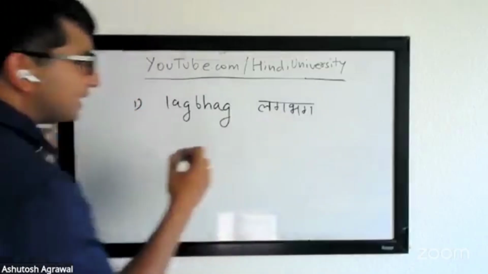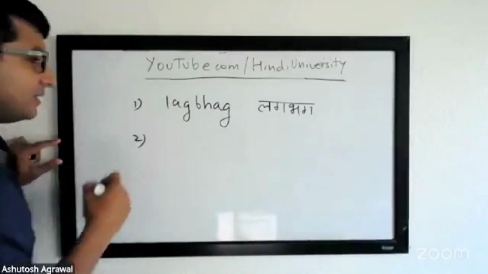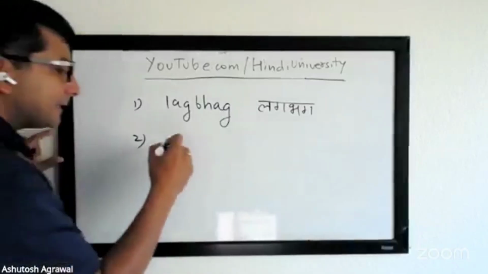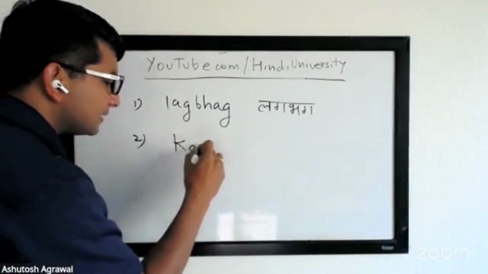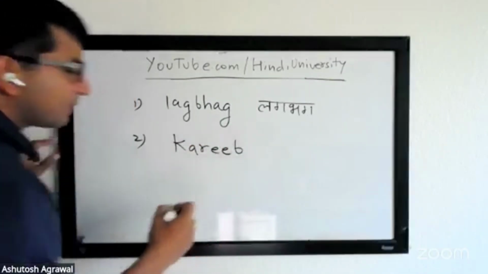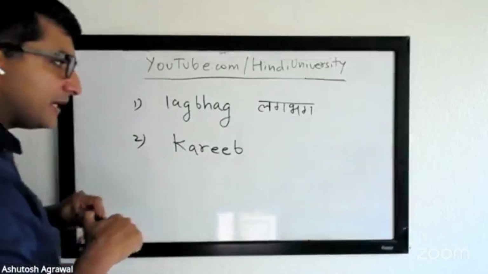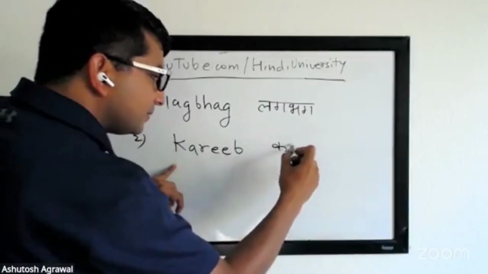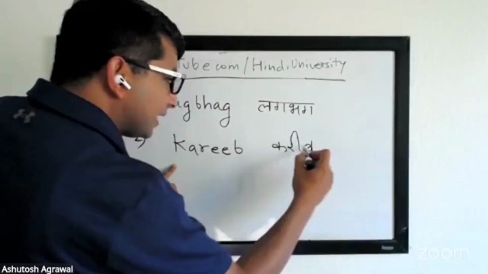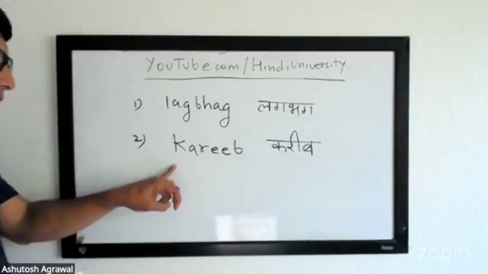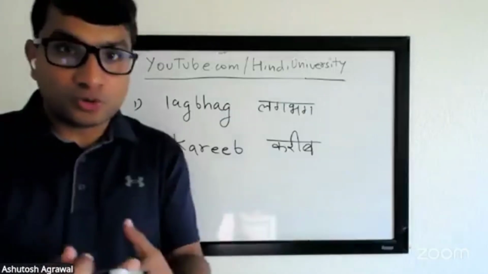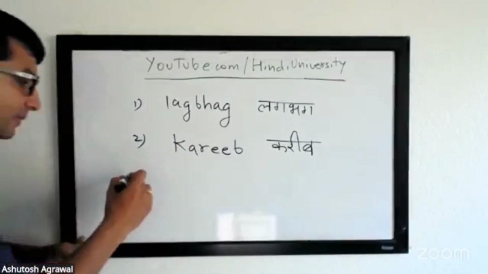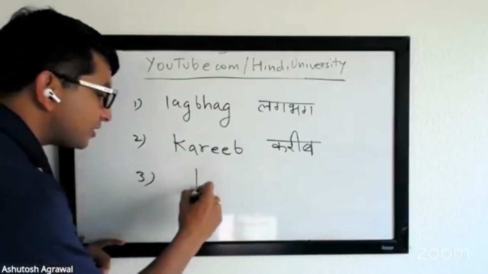KTG, how will you say it? One more time, repeat after me. This word, lagbhag. Lagbhag. Very good, right? The second one we have is karib. Okay, why don't you repeat again, KTG, and everyone will also do it as they are on mute. Karib. Karib. Okay, karib has two different meanings. One is approximation. It also means close. Like if you are close to someone, you will also use like wo mere karib hai, right? And the third one I mentioned is koi.